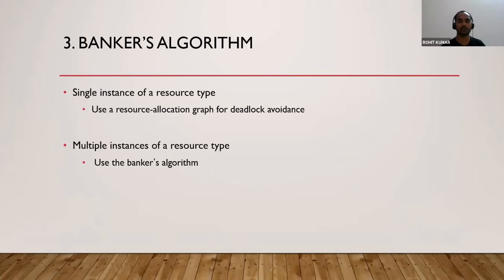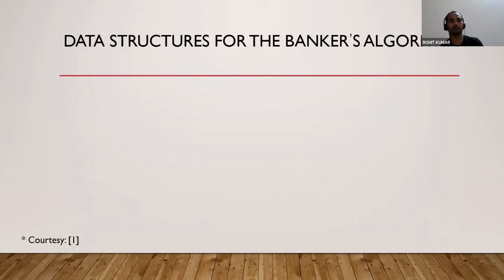You just simply see the resource allocation graph. If there is a cycle, then obviously you should understand that there is a possibility of deadlock, meaning there is a deadlock. And if there are multiple instances of different resource types, then you are supposed to take Banker's algorithm into account. So we are moving forward with the data structures.